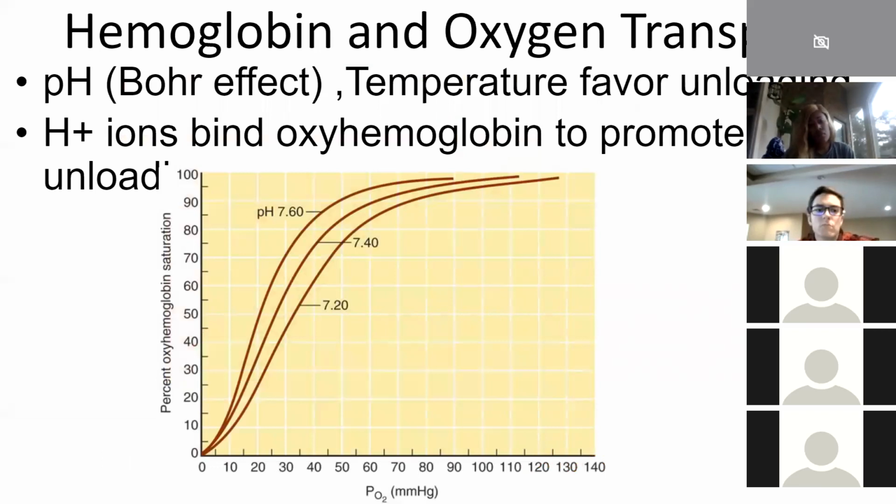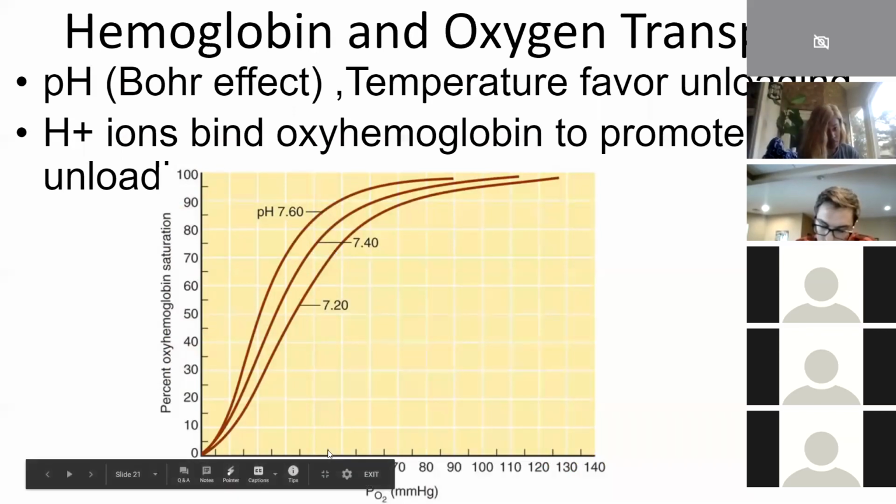Okay, so I want to quickly go over this effect of shifting the curves to the right. The idea here is that if you decrease pH, or increase temperature, or increase 2,3-BPG, you shift the deoxyhemoglobin saturation curve to the right. So here, for example, is pH 7.6, 7.4, and 7.2. As the pH decreases, we shift our curve in this direction, and the truth there is that by changing the pH, we promote unloading.